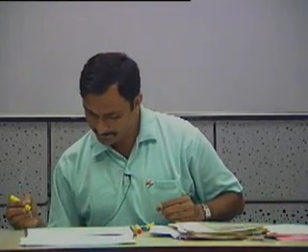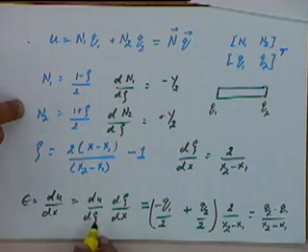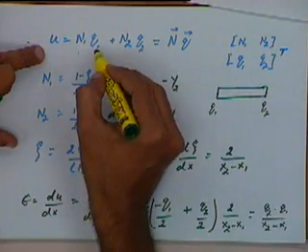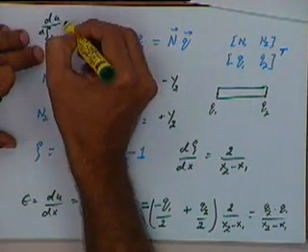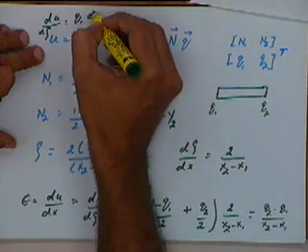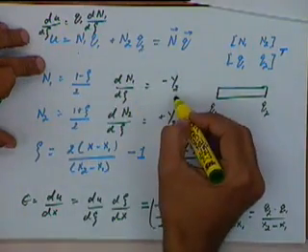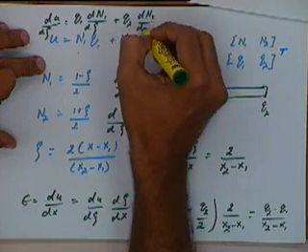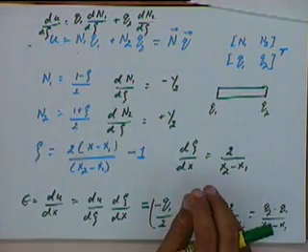How do we get du by d zeta? How do we get this minus q1 by 2? Okay, I am differentiating this term. q1 is a constant, so I will write it here. du by d zeta will be equal to q1 multiplied by dn1 by d zeta, which is minus half, plus q2 multiplied by dn2 by d zeta. Okay. Any other questions? Okay.